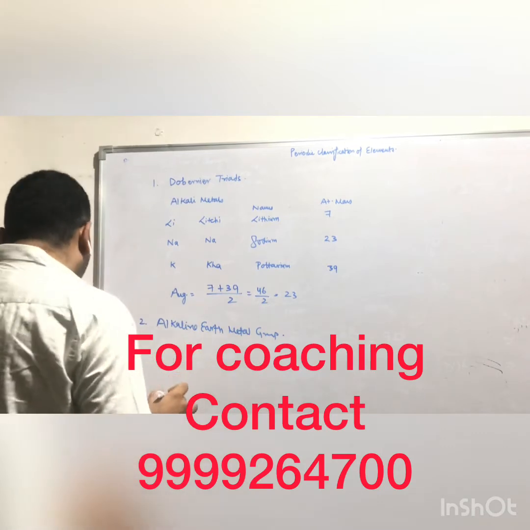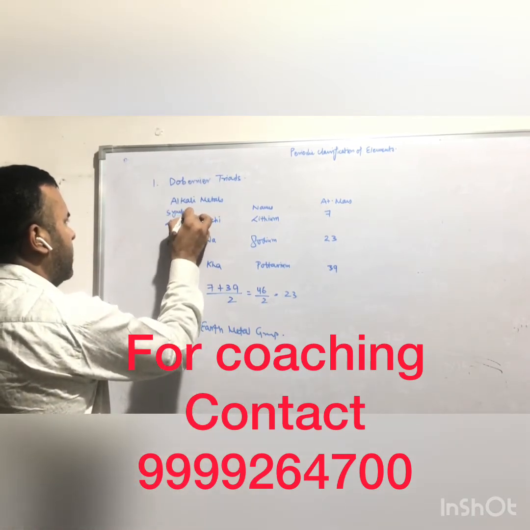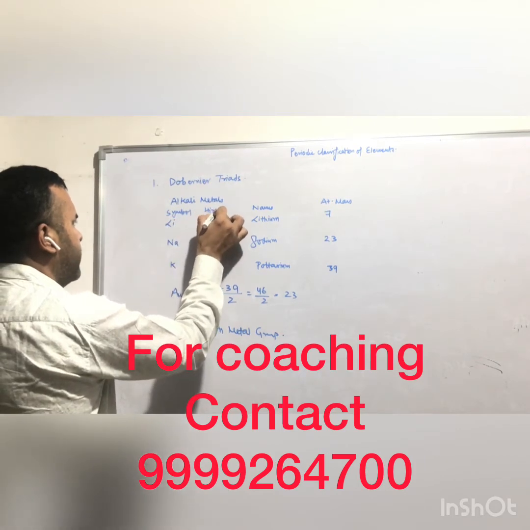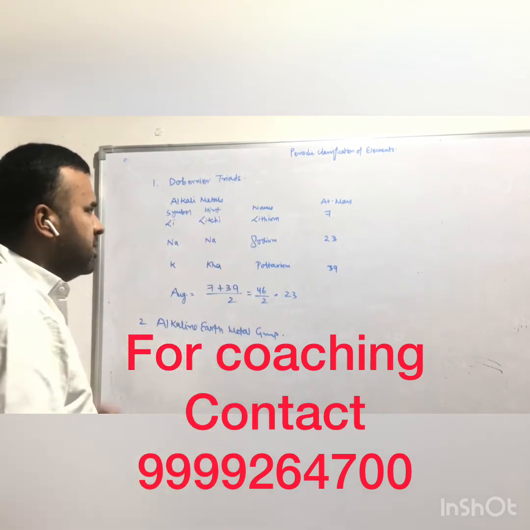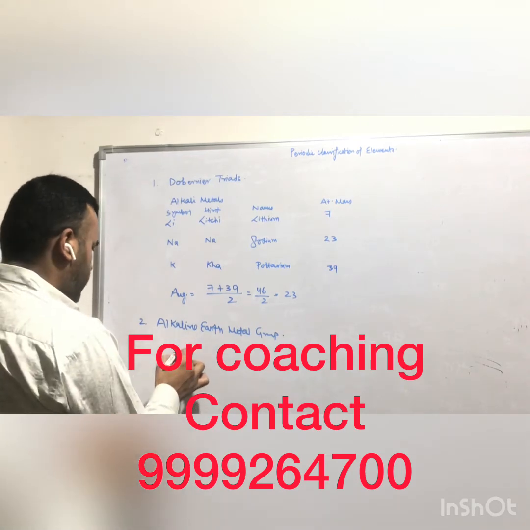Triad means a group of 3 elements, right? So now I'm writing directly. This is the symbol, and the hint you can see yourself. The order would be the same: symbol, then hint, then names, then atomic masses. So next is